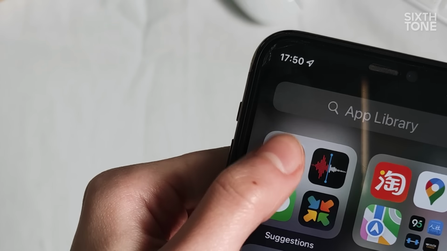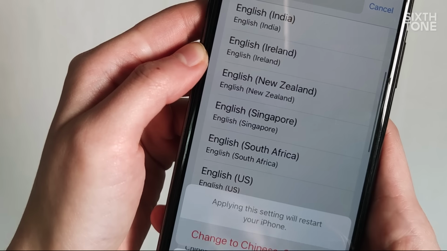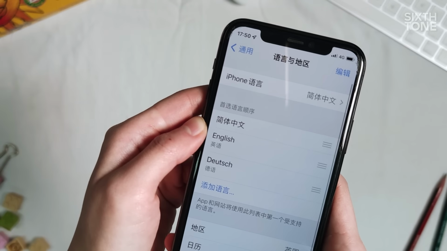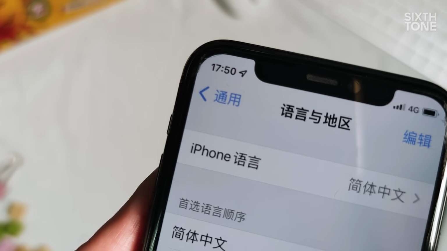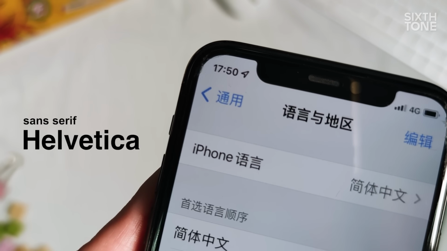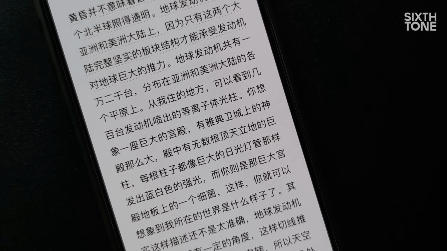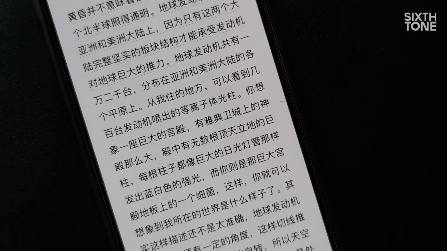Turn on your phone. Set the system language to simplified Chinese and look closely at the characters. Their strokes seem to be consistently thick, similar to those of Latin sans serif typefaces like Helvetica. This kind of typeface belongs to a category known as Heiti. You can find it as the default font for Chinese on almost every digital device nowadays, and that's not a